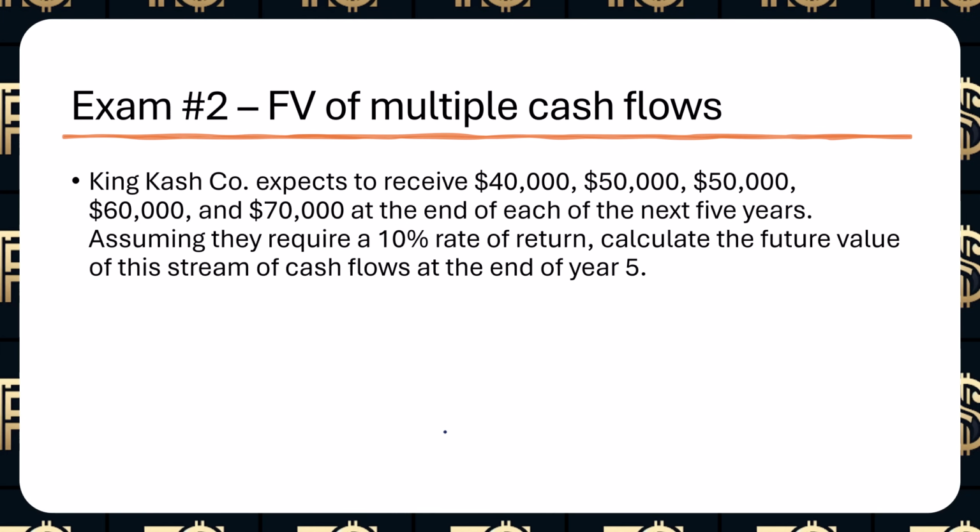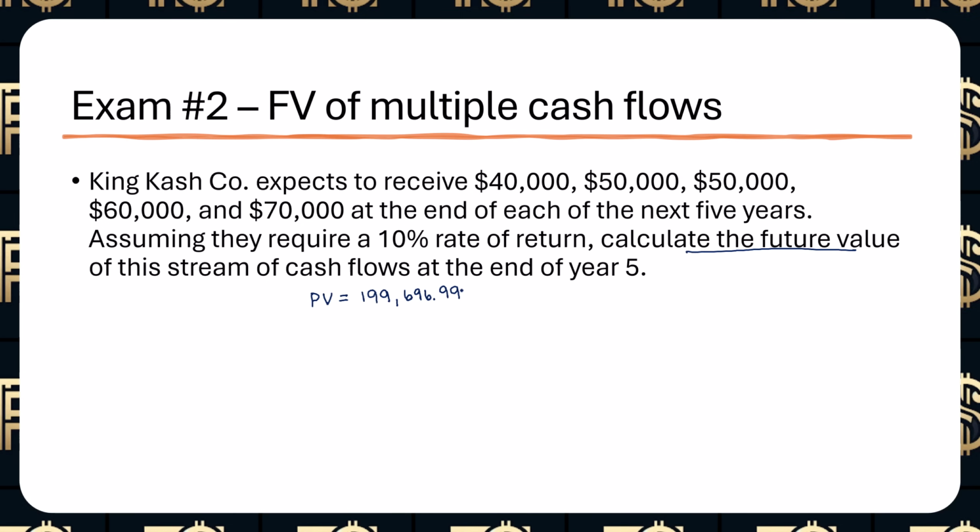Once again, King Cash Co. expects to receive that same set of cash flows over the next 5 years. We have the same required rate of return of 10%. However, this time we want to find the future value of this stream of cash flows. Since we've already found the present value in the prior problem, which makes things really easy, we know that the present value is $199,696.99. Once we've brought everything to the same point on the timeline, we can now treat this stream of cash flows like a lump sum cash flow,